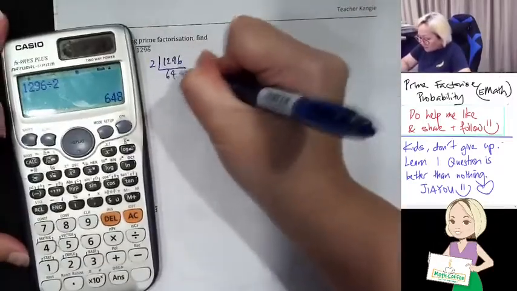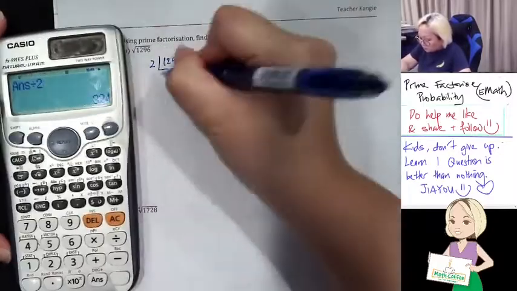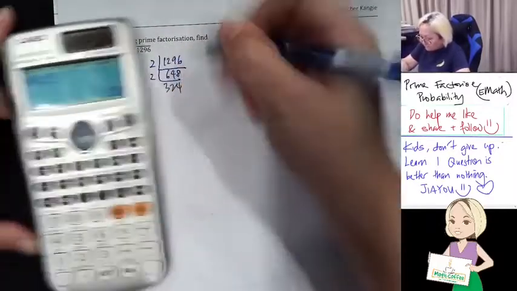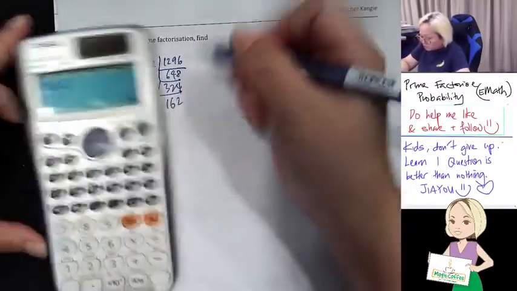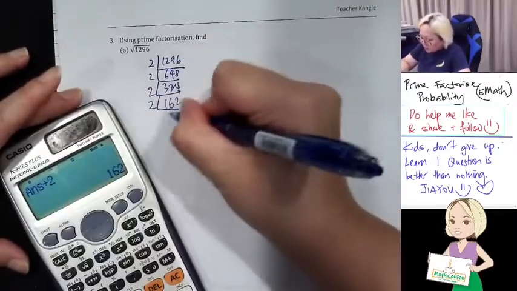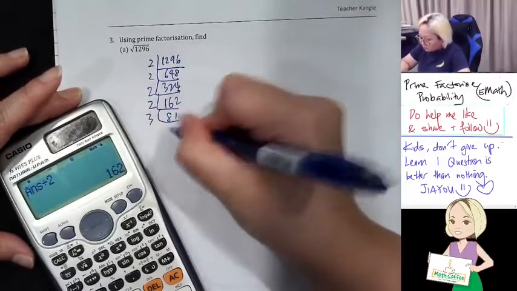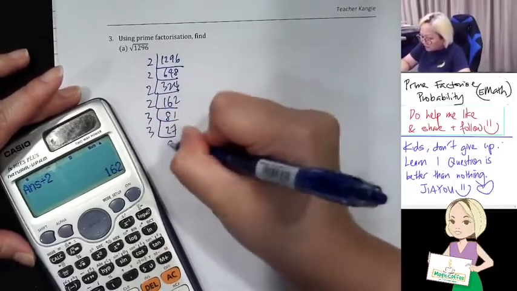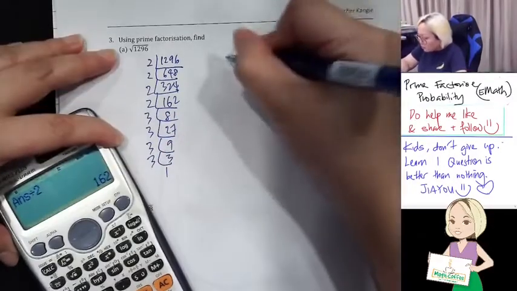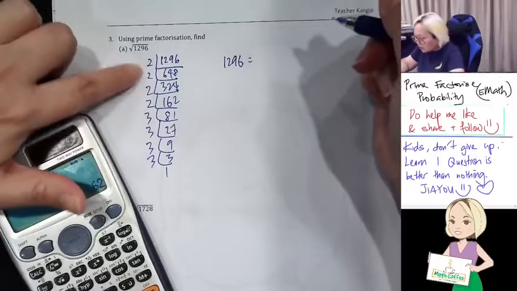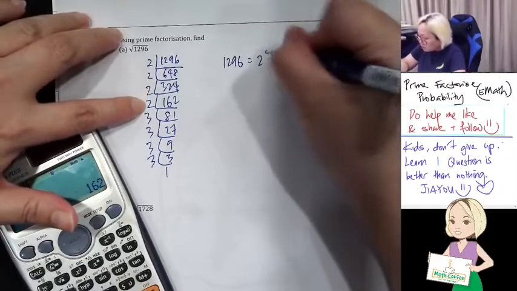648. Divide by 2. 324. Divide by 2. 162. Divide by 2. 81. Divide by 3. 27. Divide by 3. 9. Divide by 3. 3. Divide by 3. 1. So my 1296 is equal to 2 to the power of 4,